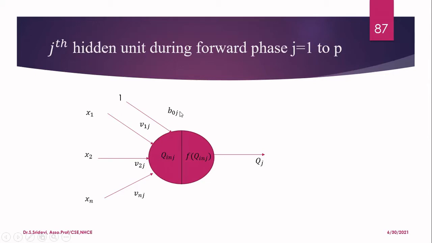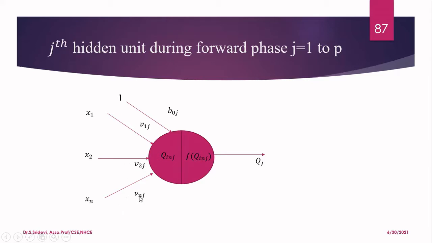Okay, similarly, we have the bias term also. Always the bias value will be 1. But for this, we are going to associate a weight. That value is nothing but b0j. Since we are considering the jth hidden unit, the second term is j in all these. Now, what will happen when a neuron receives an input and bias? In this case, the neuron will find something called z_inj. z_inj is nothing but simply the weighted sum of all the inputs it is receiving, including the bias. We have already seen that z_inj can be calculated as 1 multiplied by b0j plus x1 multiplied by v1j plus x2 multiplied by v2j, etc.